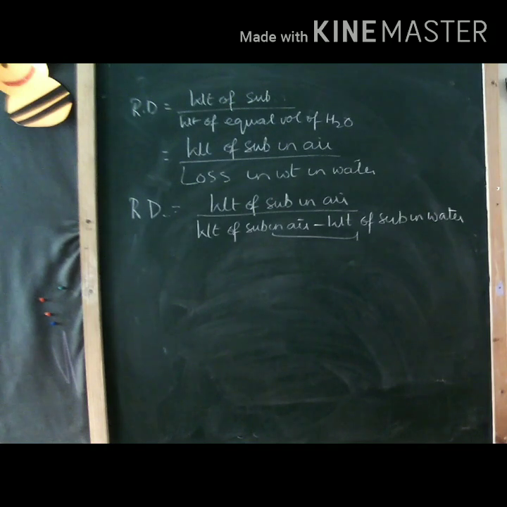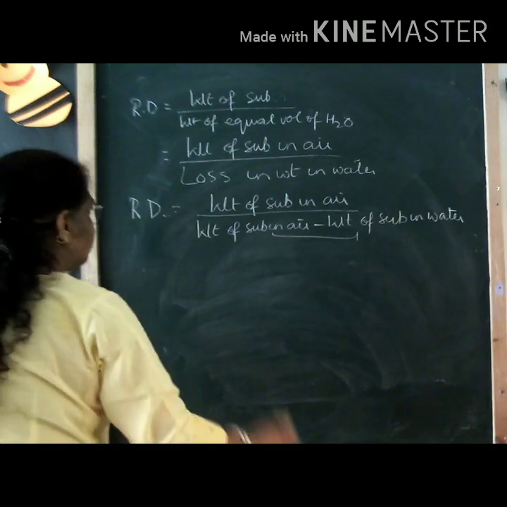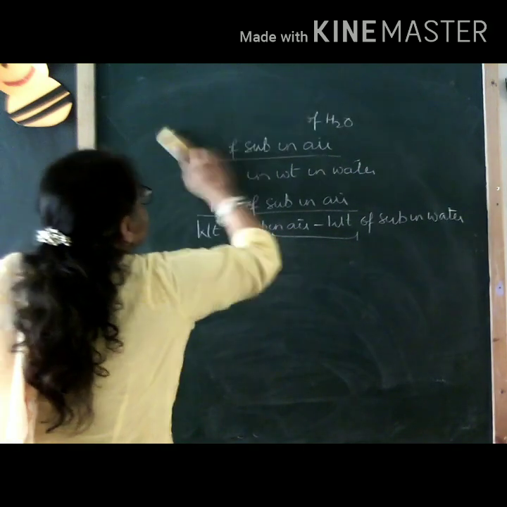Now see, this is going to reduce the work. That means if I need to know relative density, I told you, you will be needing the mass of the substance, you will be needing the volume of the substance. Now I don't need to calculate all these things. I simply need to take a body, find its weight in air, and then find its weight in water, and I will be able to determine the relative density of the substance. Now let's see how we can calculate the relative density of different substances using this formula, which has been obtained with the help of Archimedes' principle.